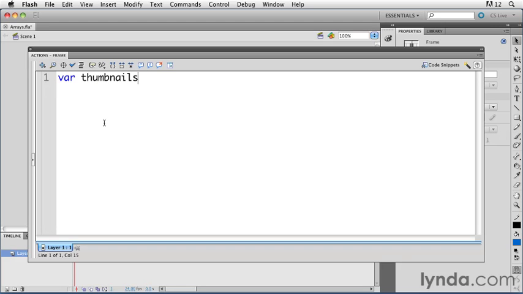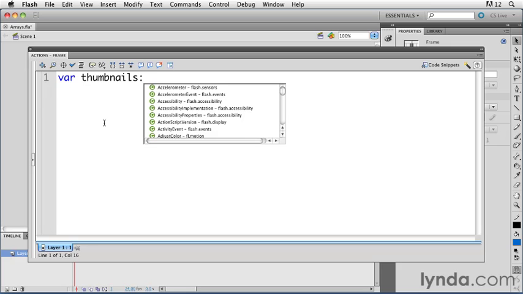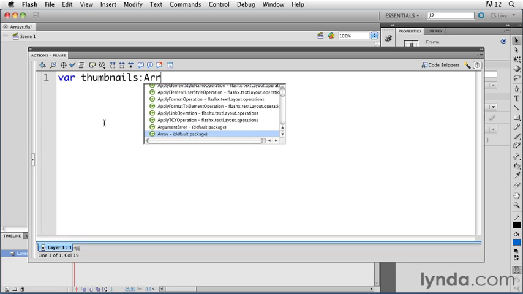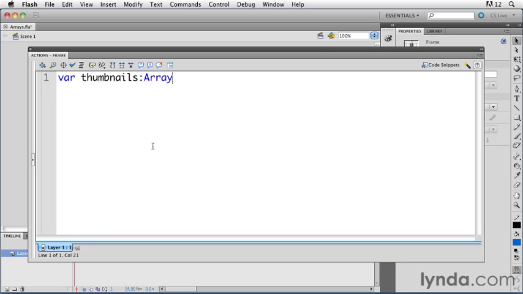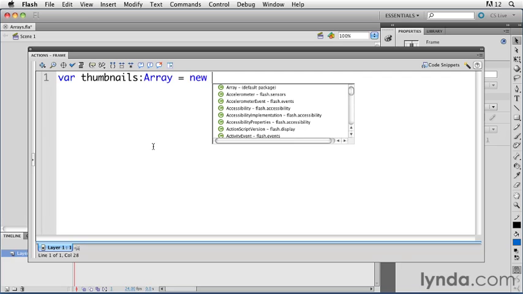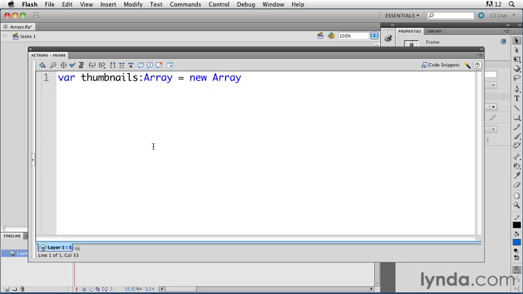So thumbnails, colon, and now remember you're telling Flash what type of data the variable is, and an array is an array. So type capital A and begin to type array, and you'll see it's selected in the code hinting area, and you can just double click that or press enter on your keyboard, and Flash will finish it for you. And then type space equals space. And there are actually several different ways that you can create an array. I can type new space array, capital A,